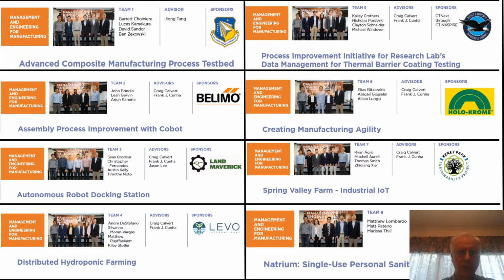Starting with team number 1, the project was related to a composite manufacturing process test bed. Then the Belimo project is associated with assembly process improvement with a cobot, following the autonomous robot docking stations for Land Maverick, and then the distributed hydroponic farming for Levo. Following that, we had data management for thermal-barrier coating systems with Pratt & Whitney, creating manufacturing agile systems for Holochrome,